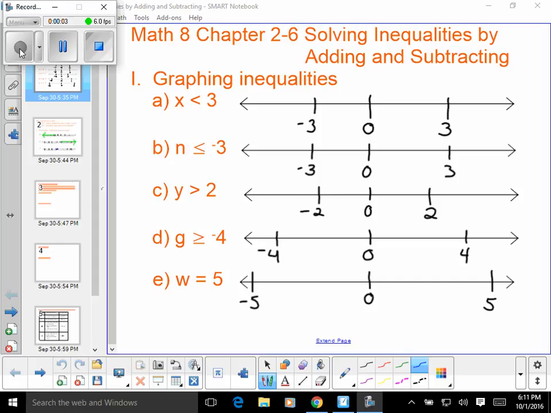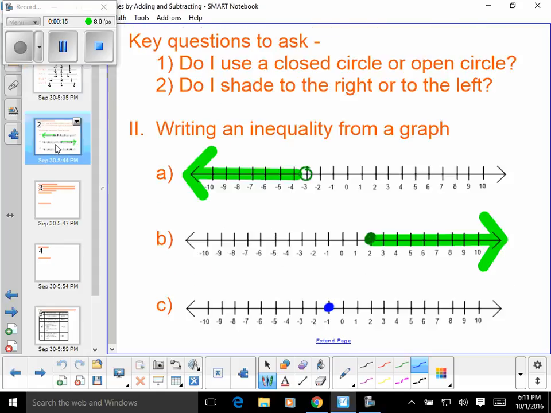Hello class, we're going to be working on chapter 2.6, solving inequalities by adding and subtracting. First of all, we're going to start out with just graphing some inequalities that they ask you to graph. I am going to jump ahead to this part of the lesson, so if you can find this for me,